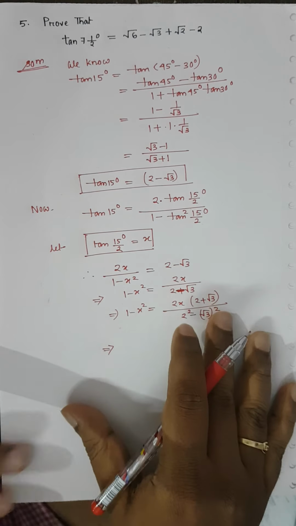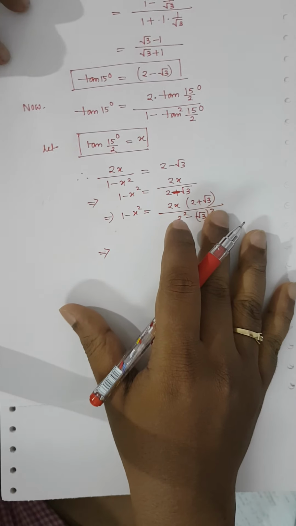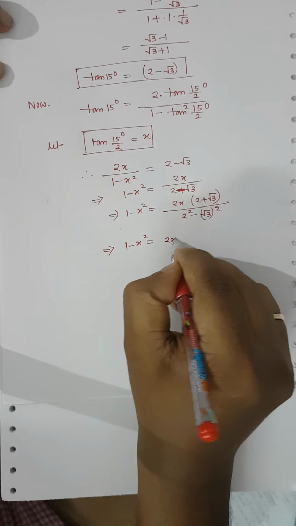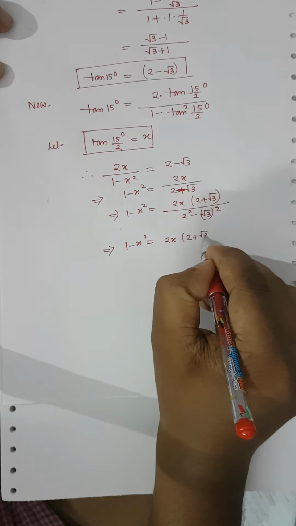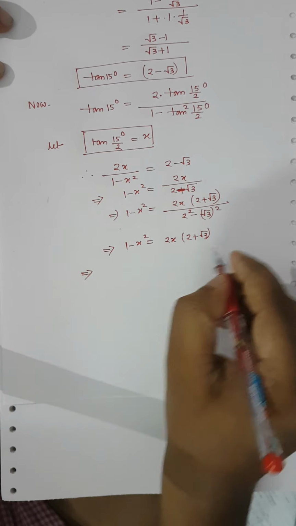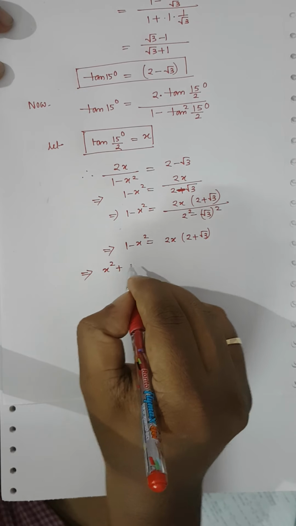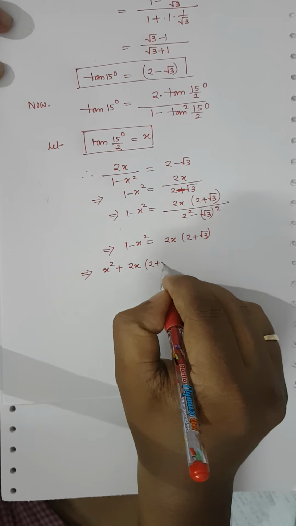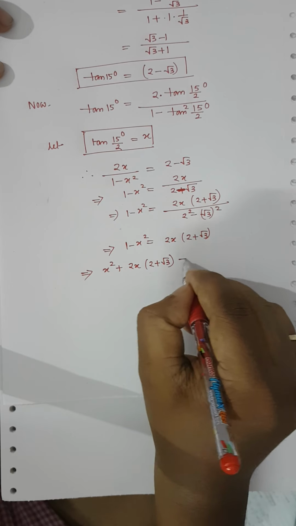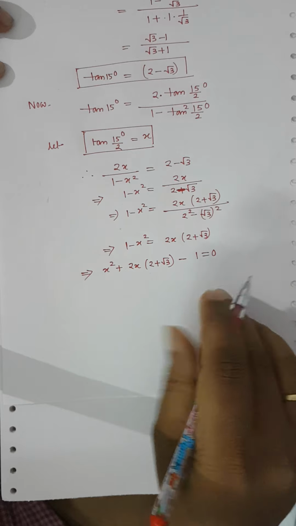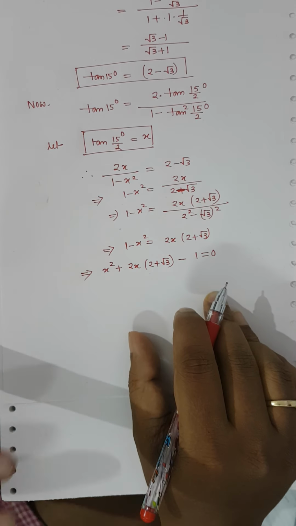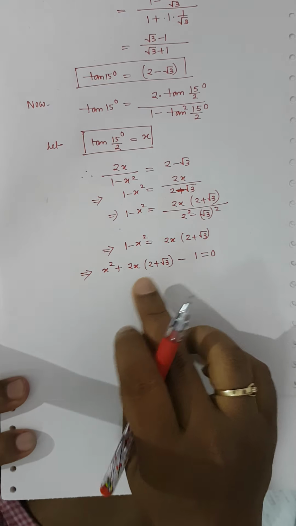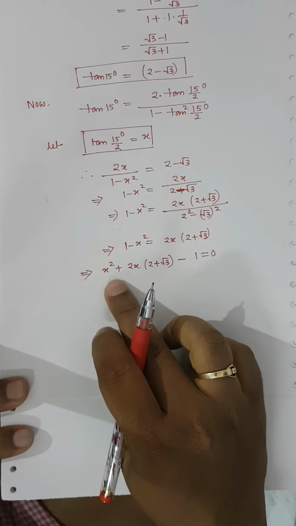So the result is 1 minus x squared is equal to twice x into 2 plus root 3. After simplification, I will get x square plus twice x into 2 plus root 3 minus 1 is equal to 0. Now I can use the formula of quadratic equation to find the value of x,